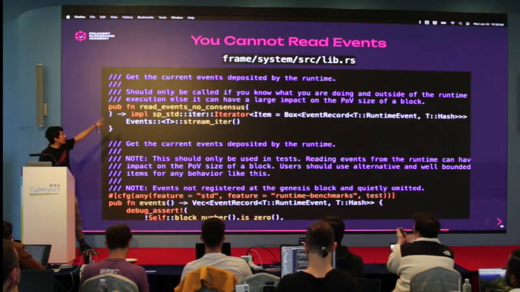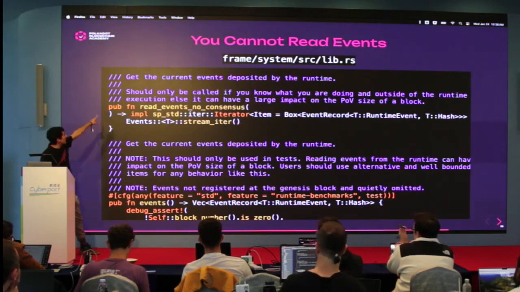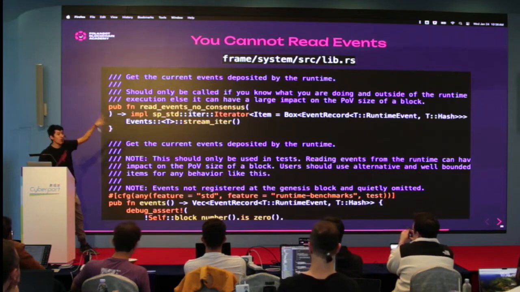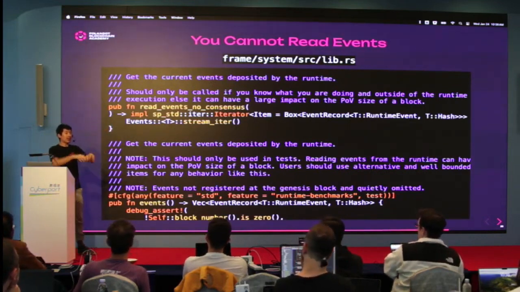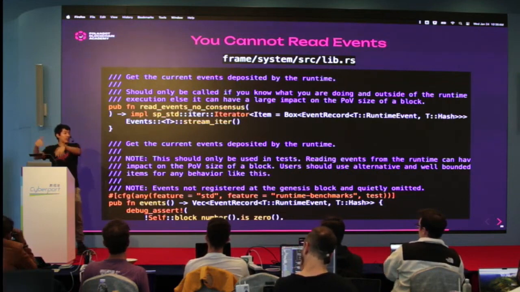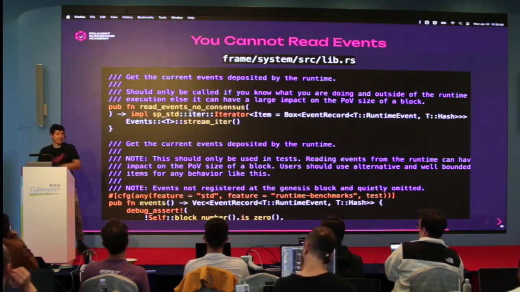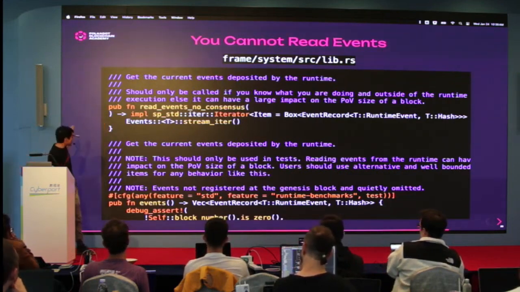And even in our APIs we really ensure this. The function that is exposed to you is read events, no consensus. If you want to read events, you can. Again, there's a function for it. But you're writing read events, no consensus. I know what I'm doing. I'm shooting myself in the foot. Please don't do that. This is your choice to do it. Inside of tests,